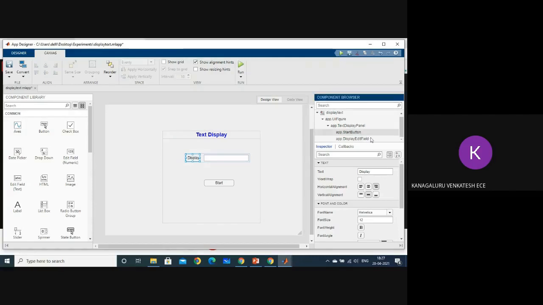See here. Now it has become app.display edit field. Means whatever name you add here, apart from the edit field, that term is going to be added to this, previously the edit field. Okay. Now if I run this program, it will not work because